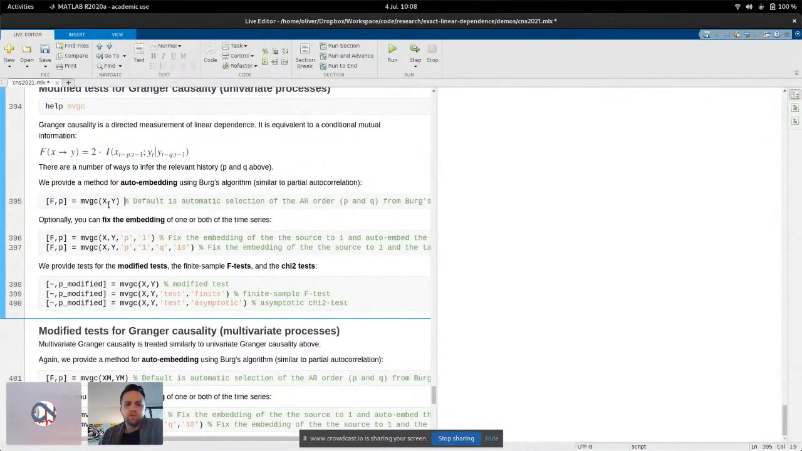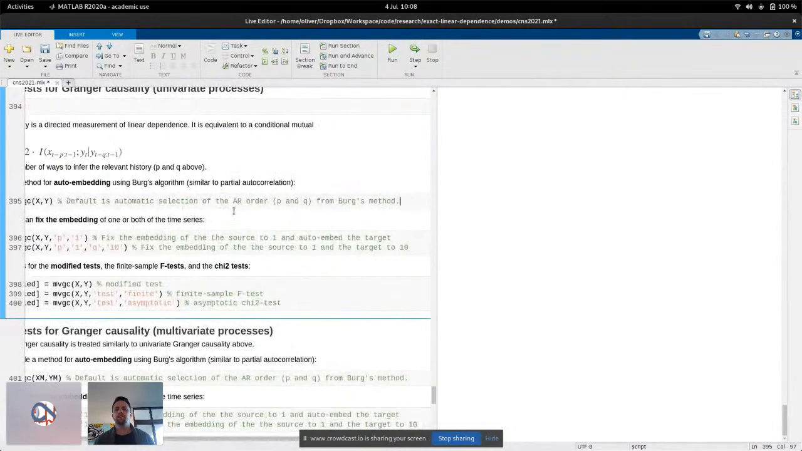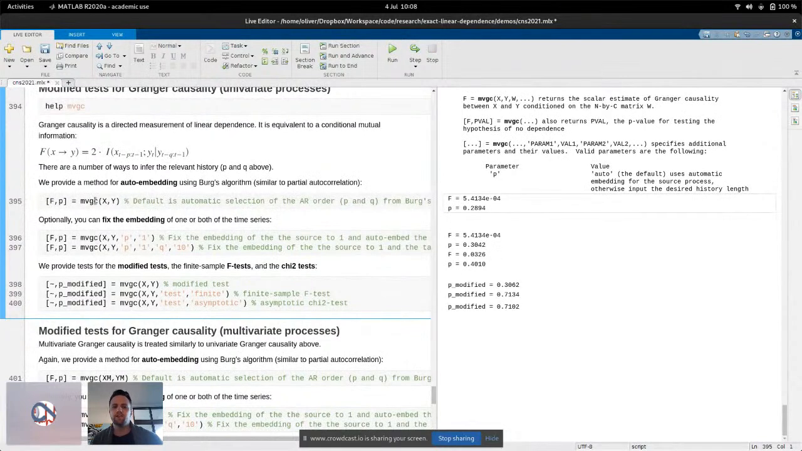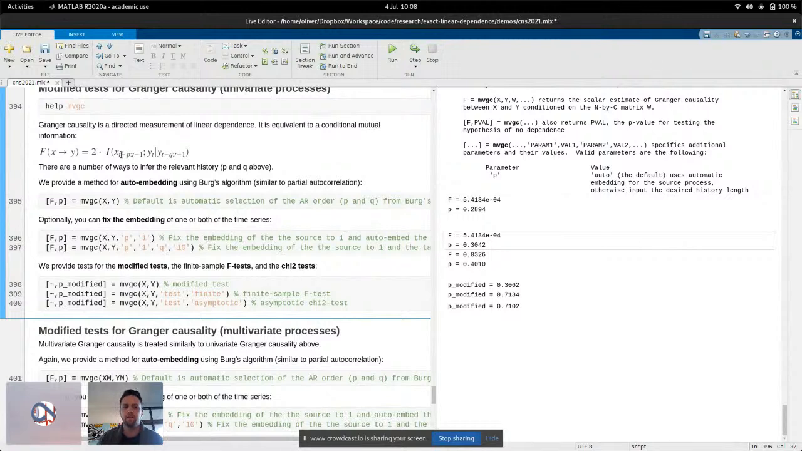you want to, there's a few different ways that you can do that. What we do is something called Berg's algorithm. So if you just call multivariate Granger causality by default, our MVGC function, we'll do all the computing for you. You don't need to work out what this P and Q is. And we'll give you the Granger causality. But if you have some reason to fix this P or Q value, there's an optional argument inside of here. So you could choose P1, Q10, things like that. So fix the embedding of one, fix the embedding of the other, and whichever one you don't fix will be